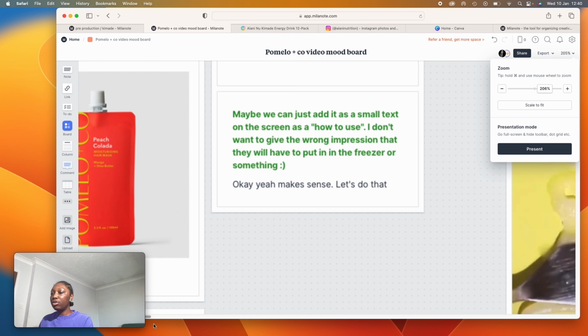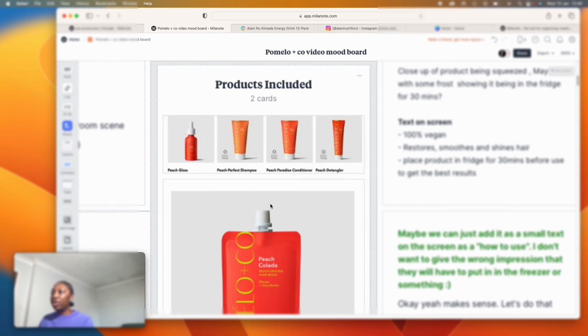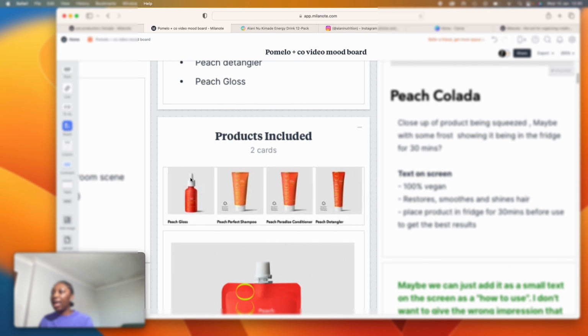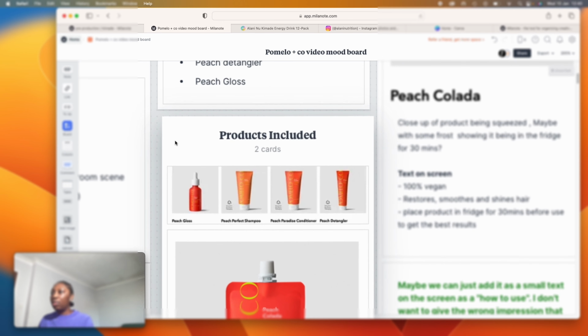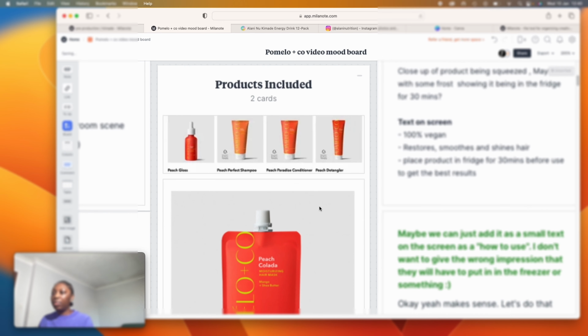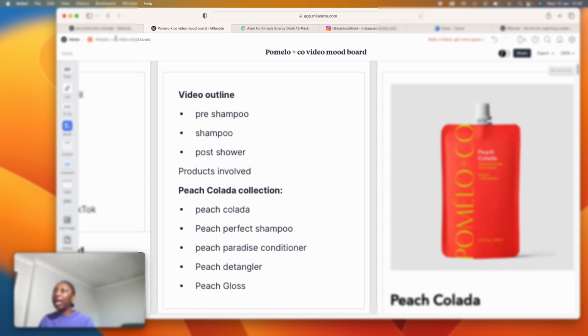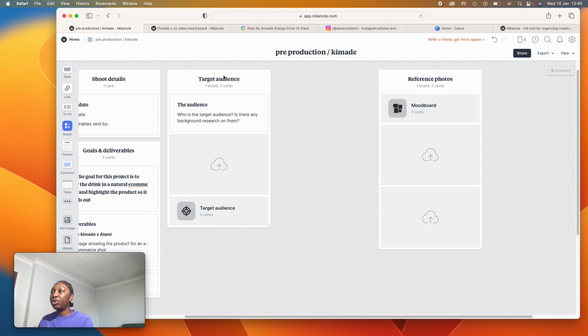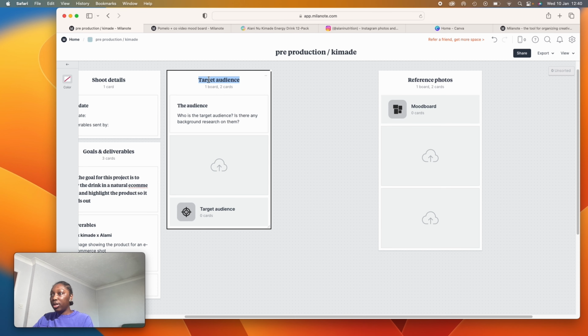So if we just zoom in and we go across here, you can see that I've literally listed out every single product that will be used in this shot, just so yet again you're not missing out and you have a visual of that. So I'm going to put products,